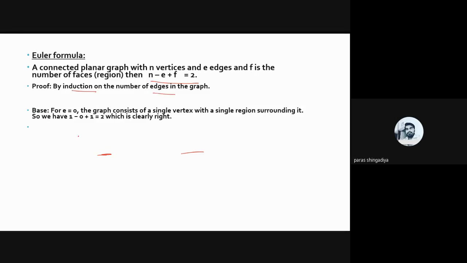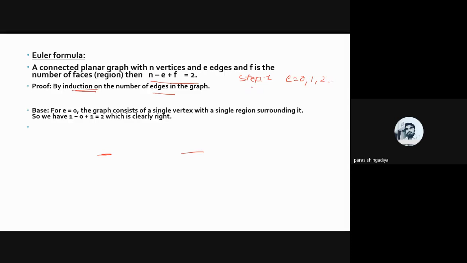You have to check the number of edges, for the various types of graphs we have, and now we'll check this result on the number of edges in the graph. So how can we use the induction rule? There are 3 steps to prove this result. In step 1, we will check this result for initial values of e, meaning e equal to 0, e equal to 1, e equal to 2, and so on. These are the starting values of the edges. So verify this result for graphs with e equal to 0, meaning no edges, e equal to 1, meaning 1 edge, e equal to 2, and so on.